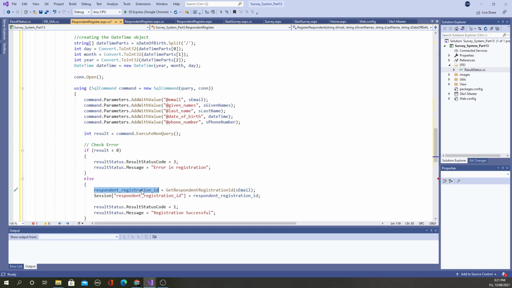That is what comes here. And then that new ID, which is the respondent registration ID, I'm putting in the session. If you are not clear on what I said, go back and listen once again because it may be slightly confusing, but if you listen multiple times, you will understand the logic here.